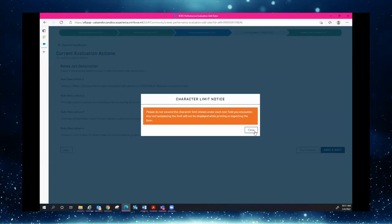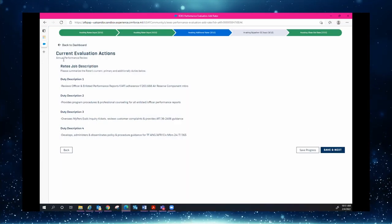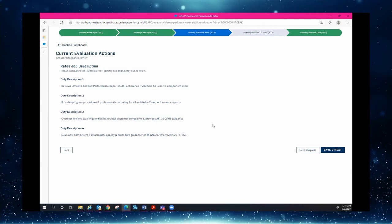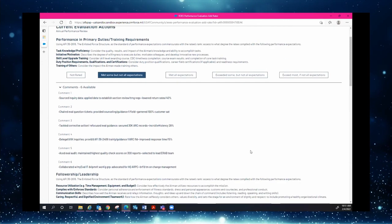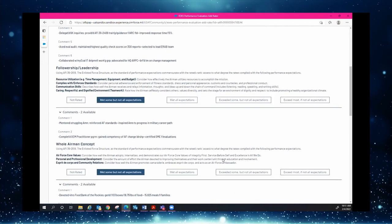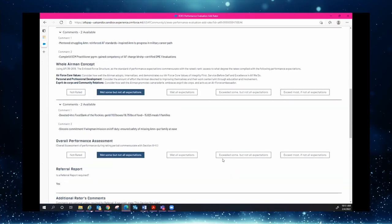Again, it's going to keep reminding you about the character limit notice. Same as before, you're going to go through everything and make sure that the job description matches. This is what the member does. Save and next. And this is where they can see that this is a referral rating. So they want to go and make sure, read through the bullets, make sure that they reflect accurately, that your derogatory comment is in there